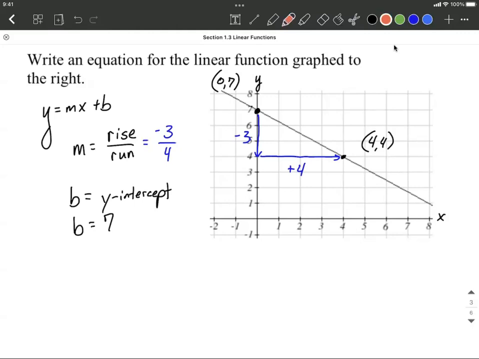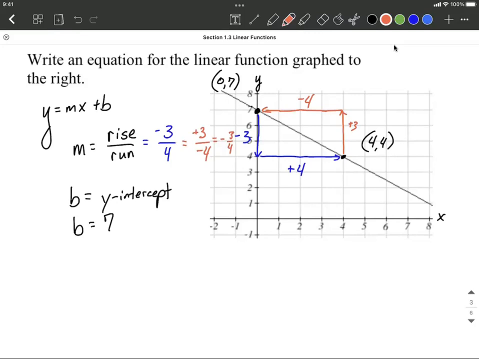Now there is an alternative way you could do this. Of course, we could start at (4, 4) and go up 1, 2, 3. So that would be a positive 3 for the rise component. And we could go 1, 2, 3, 4 to the left. But going to the left, we think of that as meaning negative 4. A negative divided by a positive or a positive divided by a negative, both of these mean negative 3